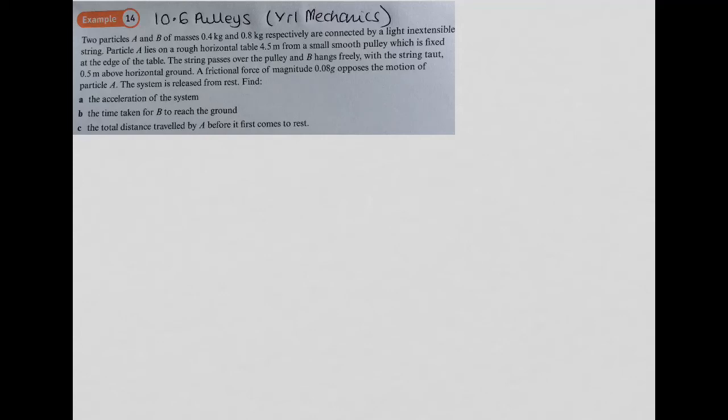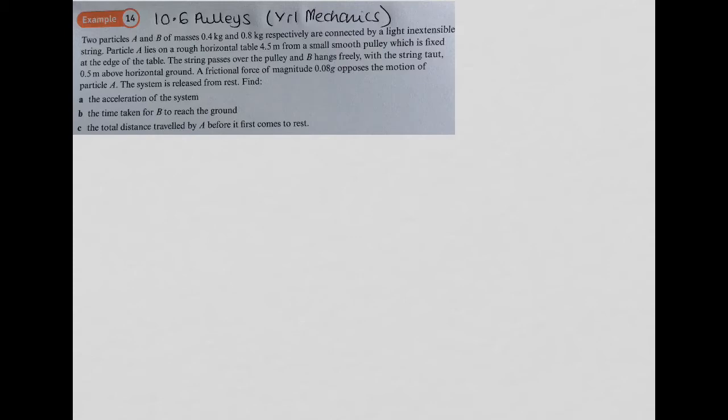This is example 14 taken from Year 1 Pearson Mechanics, section 10.6 Pulleys. Two particles A and B of mass 0.4 kilograms and 0.8 kilograms respectively are connected by a light inextensible string. Particle A lies on a rough horizontal table 4.5 metres from a small smooth pulley which is fixed at the edge of the table. The string passes over the pulley and B hangs freely with the string taut 0.5 metres